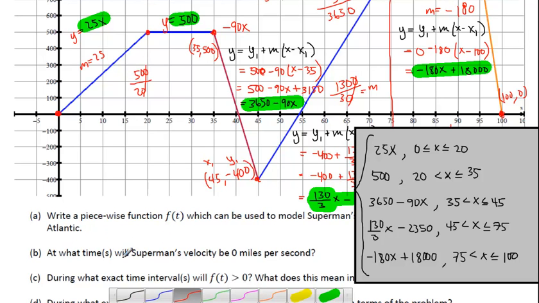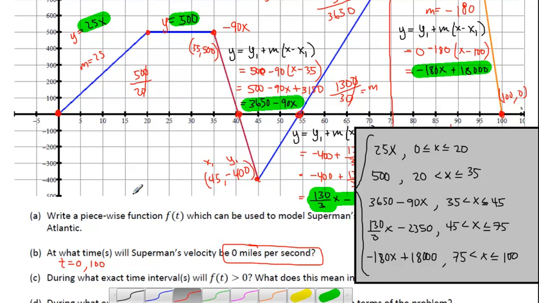At what times will Superman's velocity be 0 miles per second? So that's what we had said earlier. 0, 0, 0, and 0. 4 different times. 2 of them are obvious times, at 0 and at 100. Those are definitely